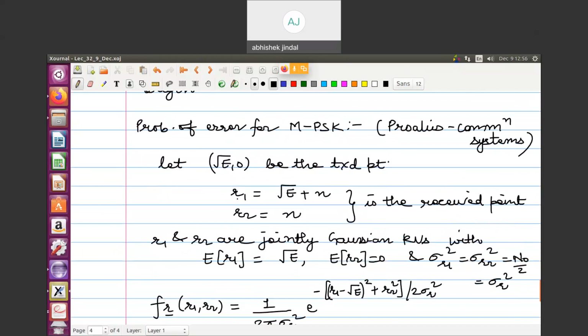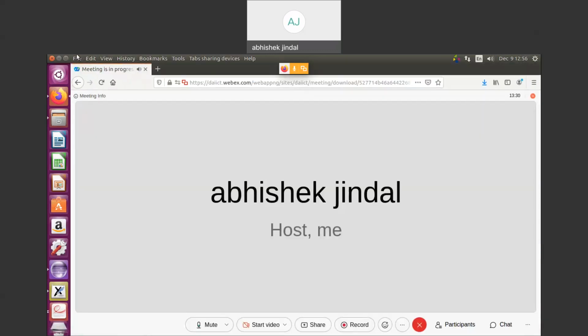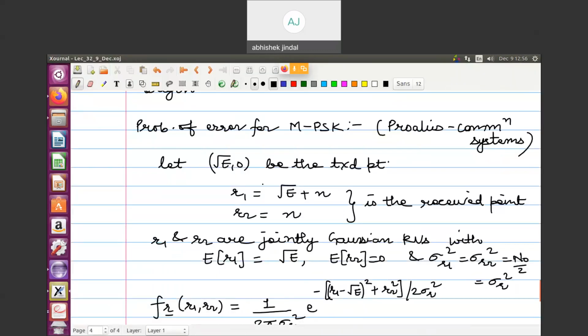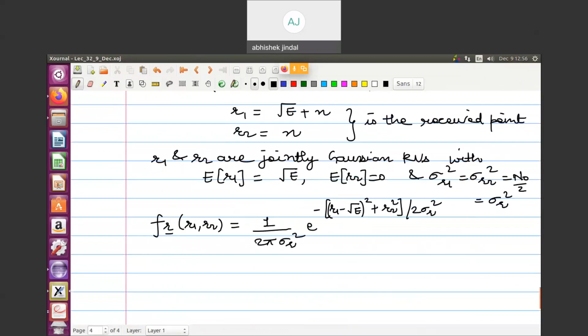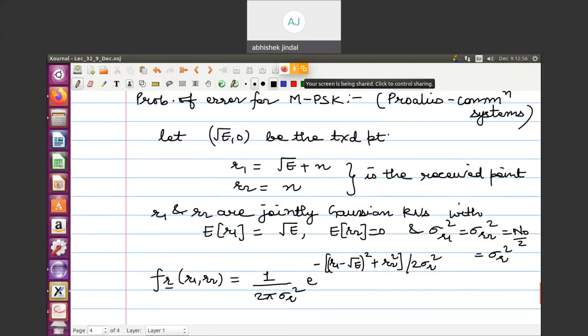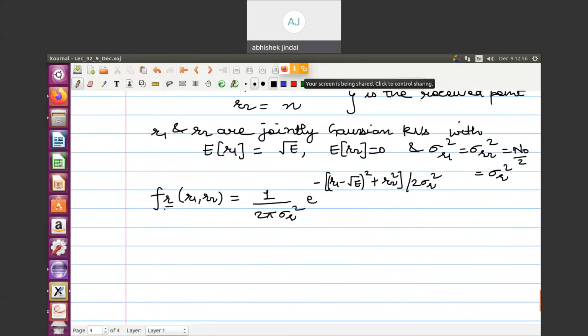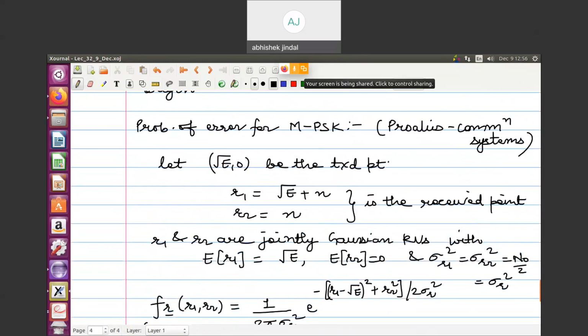We are following Proakis here, because if we go the way Haykin does it, it would be really difficult to understand since we have not done the union bound. Without the union bound, we can resort to this approach. Now let us write this in an alternate form, more suited to our purpose. Our purpose is to find whether R1 and R2